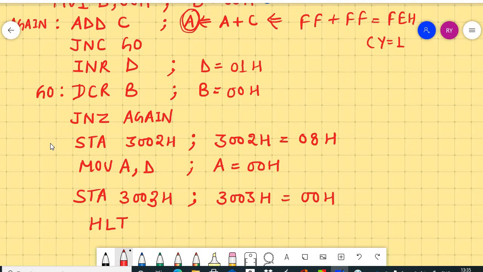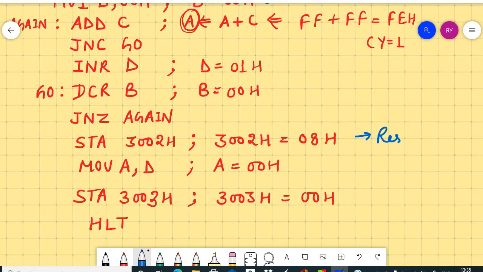Okay, next decrement the value of B. The addition process is completed, so B is equal to 00H. Again jump if not 0. If the result is not 0, then the addition process repeats, but the addition process is completed, so jump to the next instruction. That one is STA 3000H, meaning it will store the result.